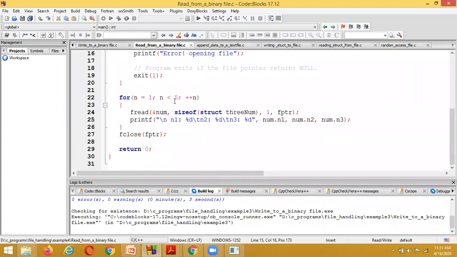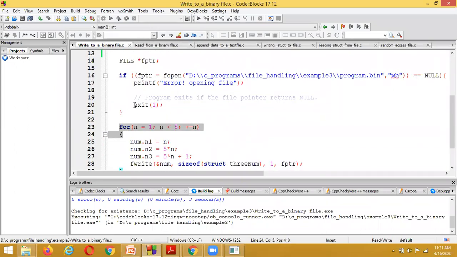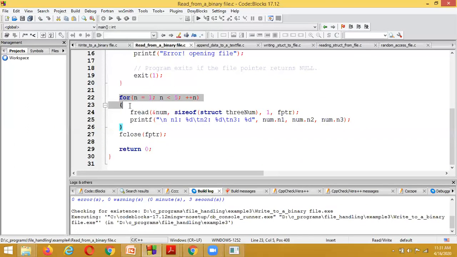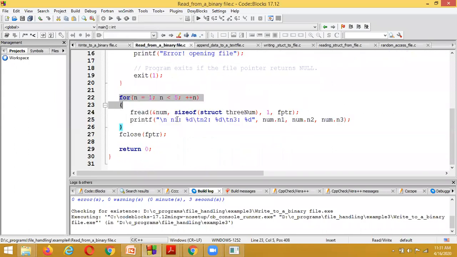Here also we are using a for loop as in the previous program. But in the previous program, before fwrite execution, we assigned the values. Here there is no need to assign, because in the previous program we were writing the information into the file, and here we want to read the information from the file.